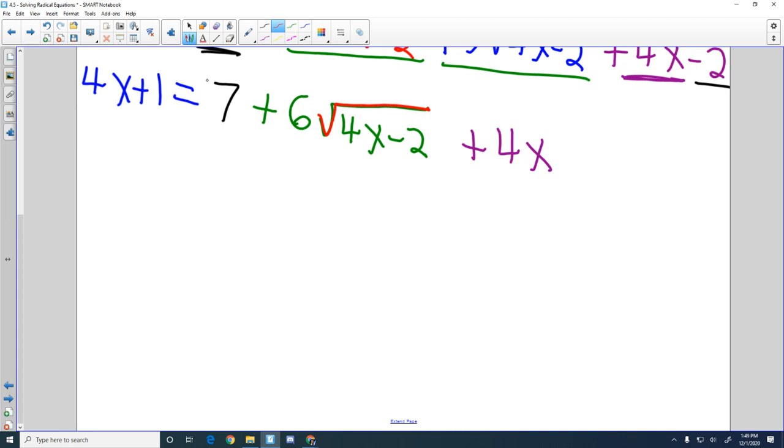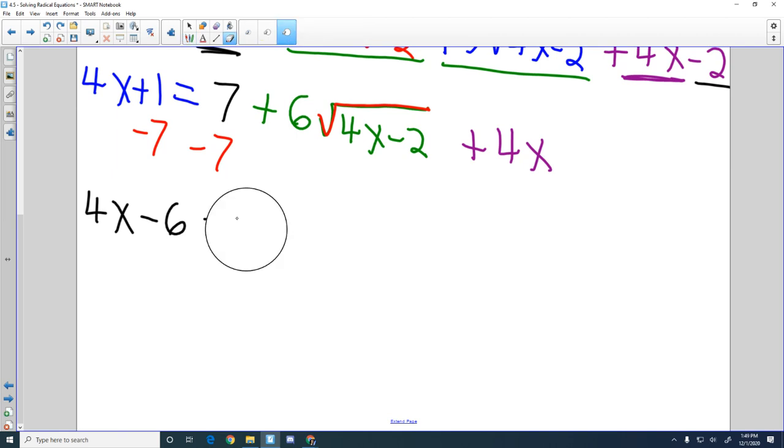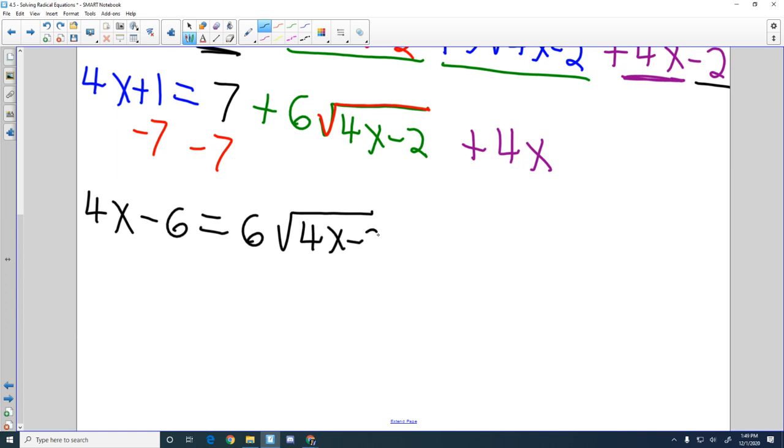Can I get rid of this 7 from the right side? What should I do? Yeah, let's just subtract 7. And now I'm bringing in the left side of the equation into play, right? I'm combining terms on both sides at this point. So this becomes 4x minus 6 equals. Here we go. So 4x, 1 minus 7 is negative 6, equals 6 square root 4x minus 2